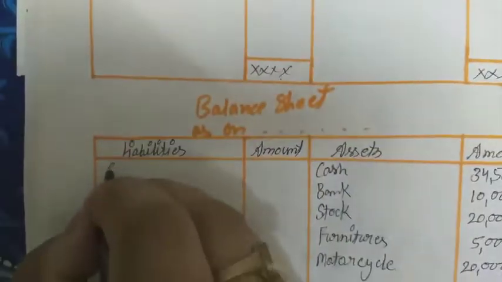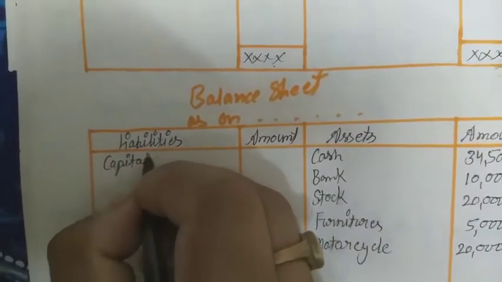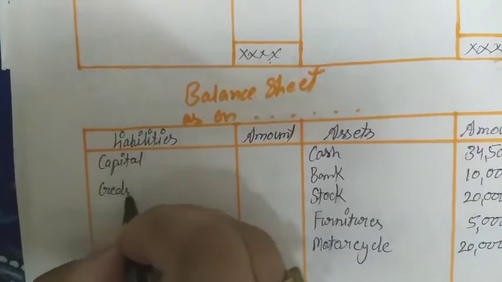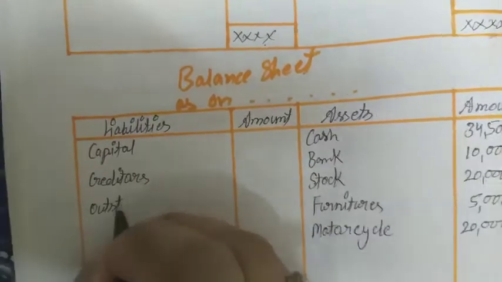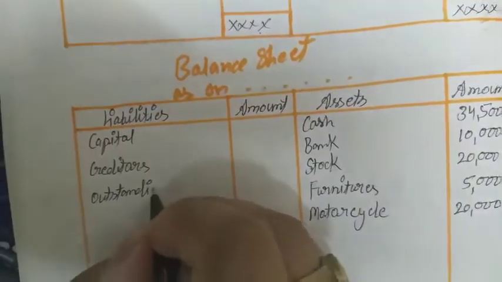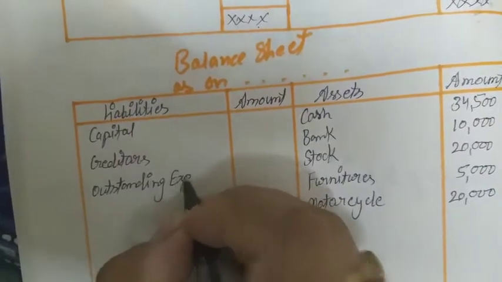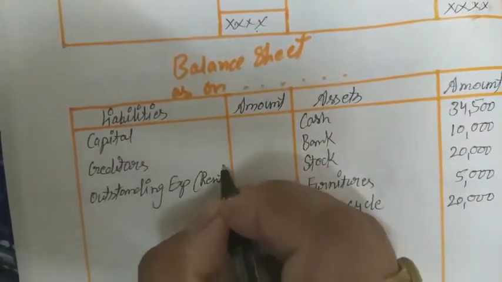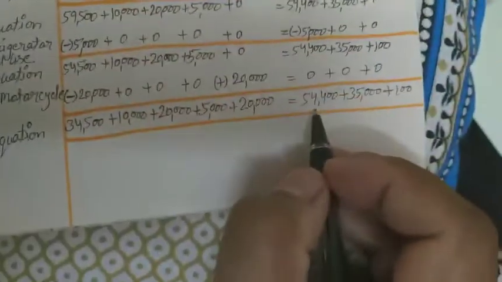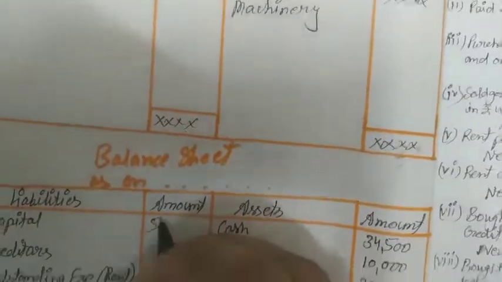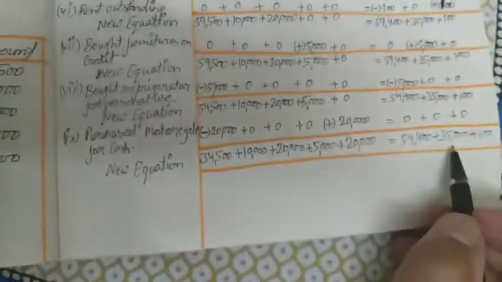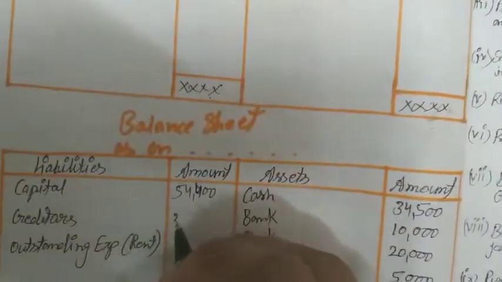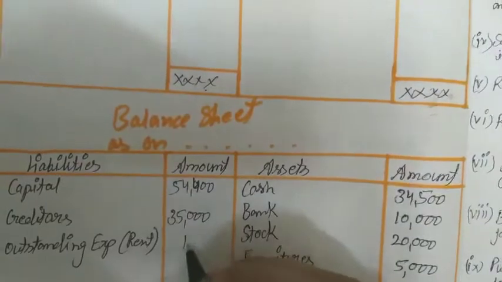And then capital in liability side, creditor was there and outstanding expenses, which was our rent outstanding. Okay, so first was capital 54,400, next 35,000 and then 100. 35,000 will be our creditors and 100 rupees our outstanding expenses. So